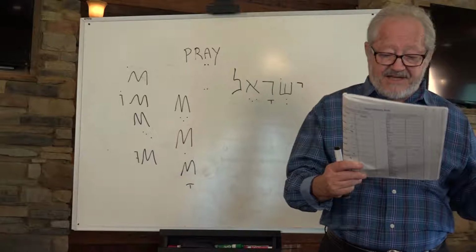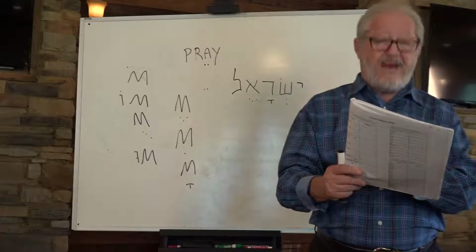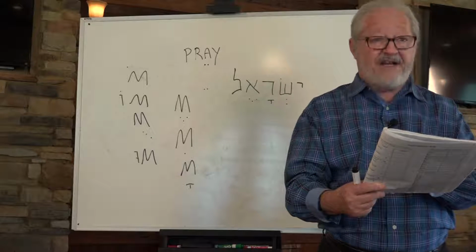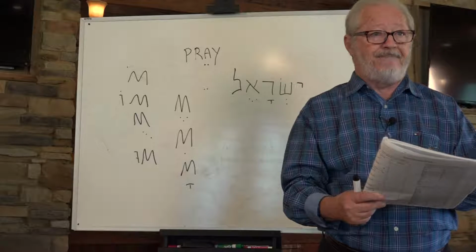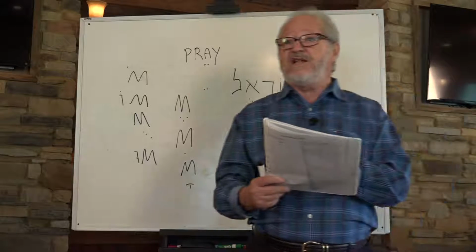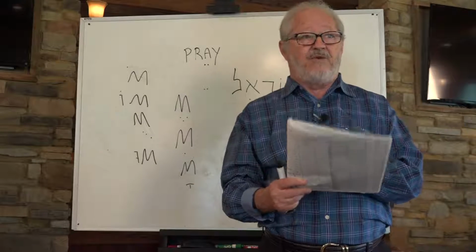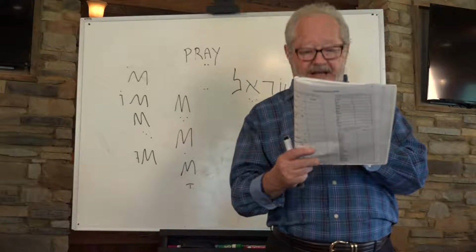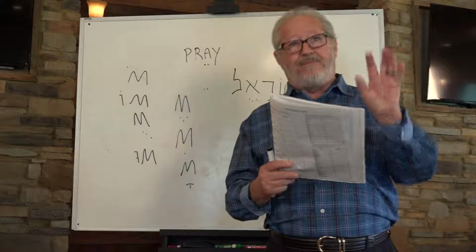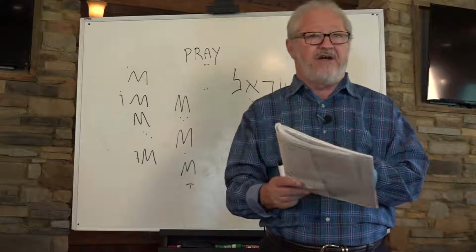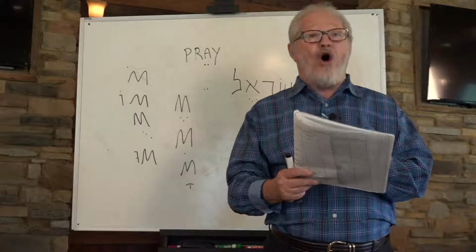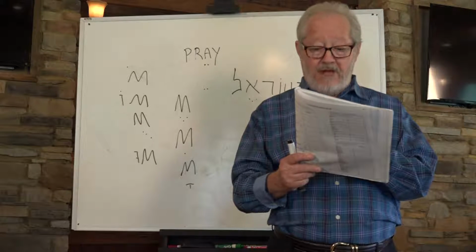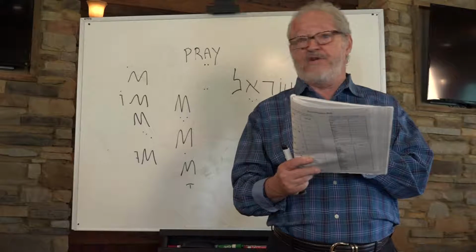The next is the E sound. Well, you have two bets there. One is a bet with a dot in it and a dot below it. You will see that 99% of the time when you have the E sound in any word, you'll see the chirik and the yud in the same position as you see it here. Occasionally, there will be no yud, but if it has a chirik on the first letter,